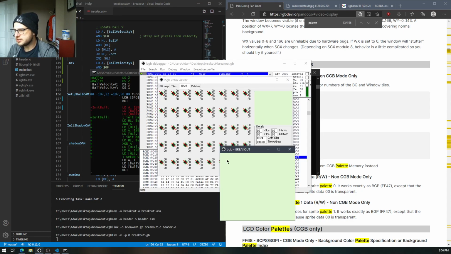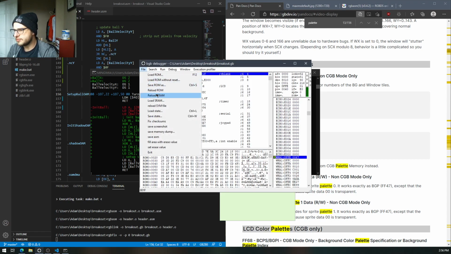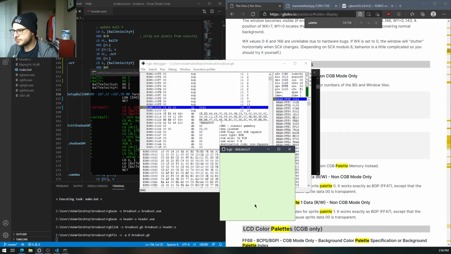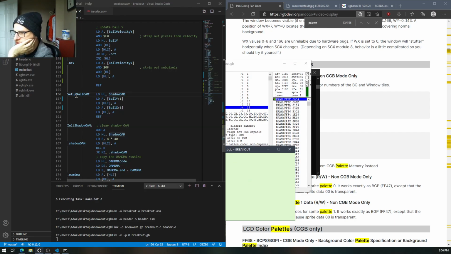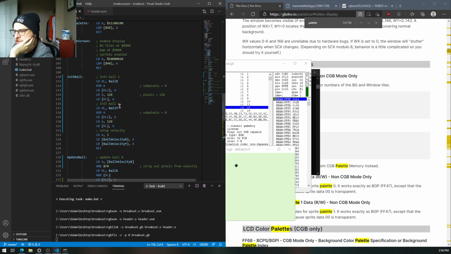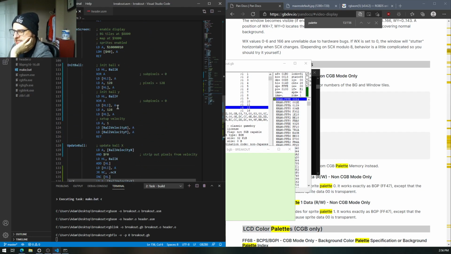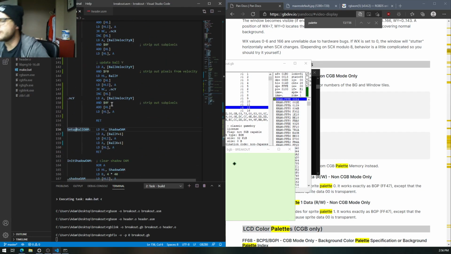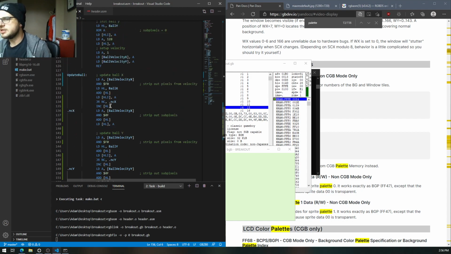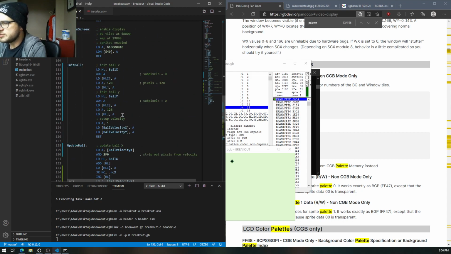So let's see. Yeah, look at that. It's moving at a good solid pace. And now we can try, just as an experiment, setting it to 1.5 pixels. So this will be a little bit faster, but not